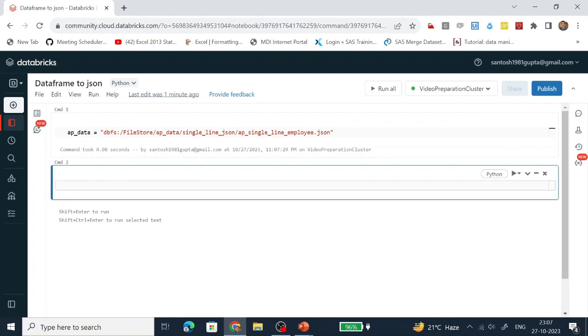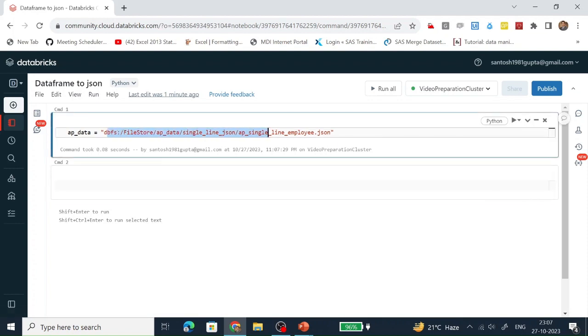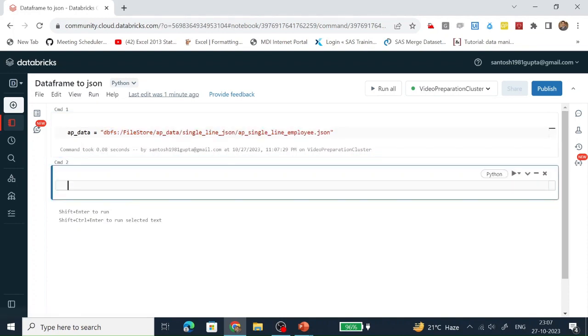To create a custom schema, because we are going to read this JSON document with the help of a custom schema, we need a struct type and a struct field. So first we need to import these two functions.